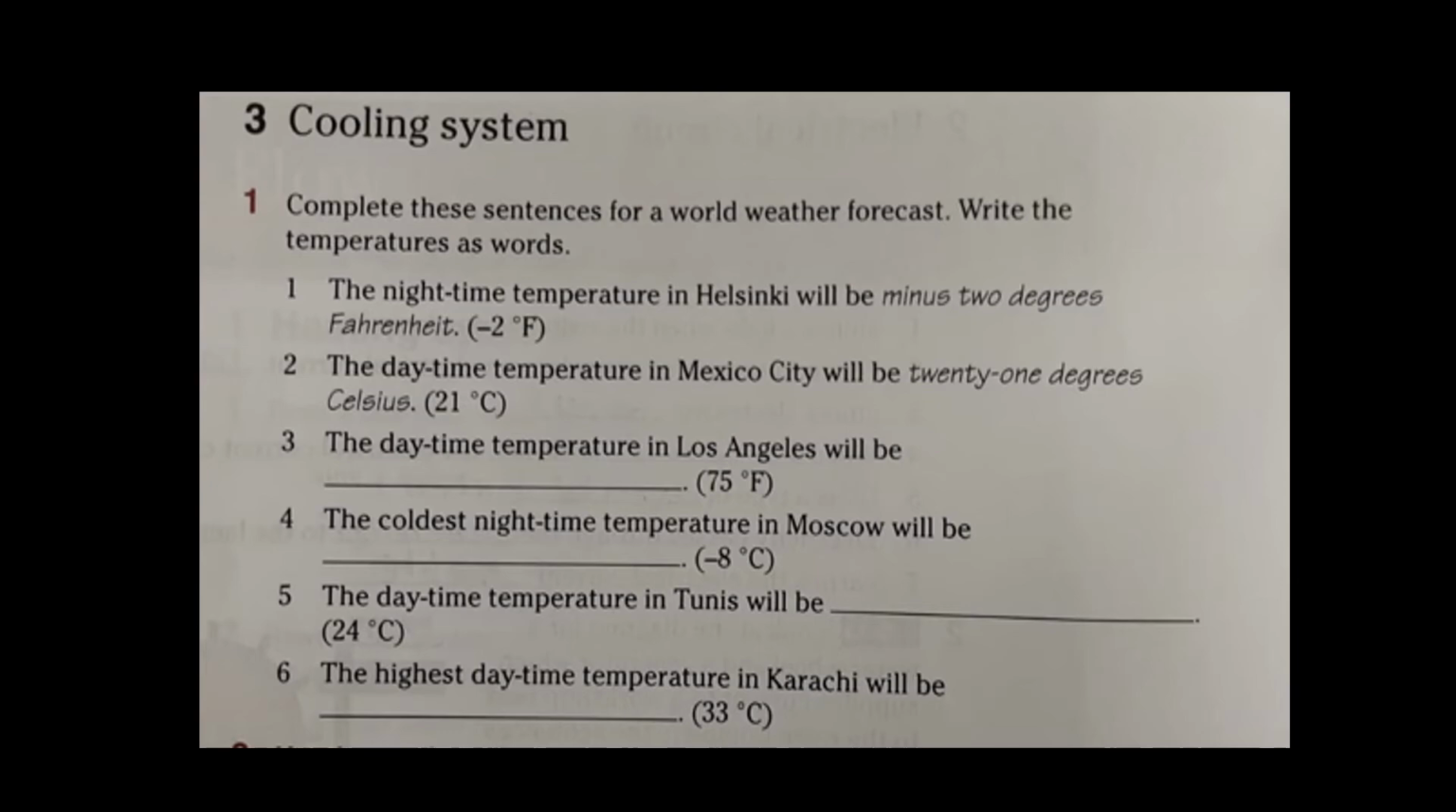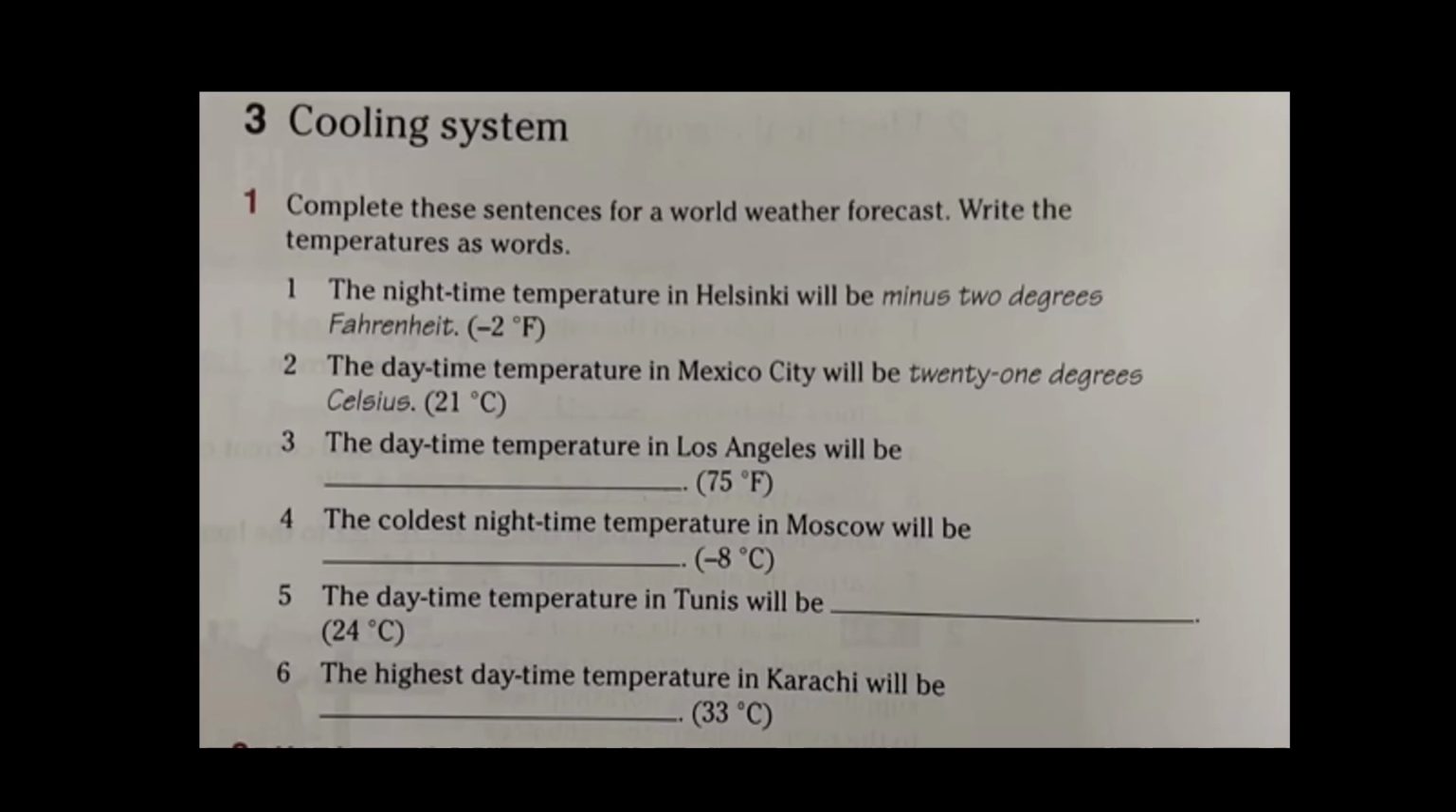Here we have temperatures in Fahrenheit or Celsius. So we need to write and follow the example. Number 1 is done as an example. The nighttime temperature in Helsinki will be -2 degrees Fahrenheit. So we open the brackets, we see -2 degrees Fahrenheit using numbers and symbols, but they were written in letters